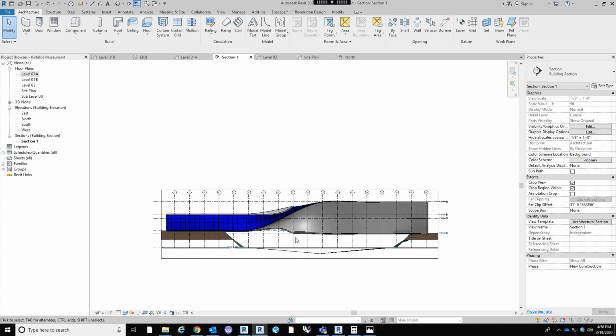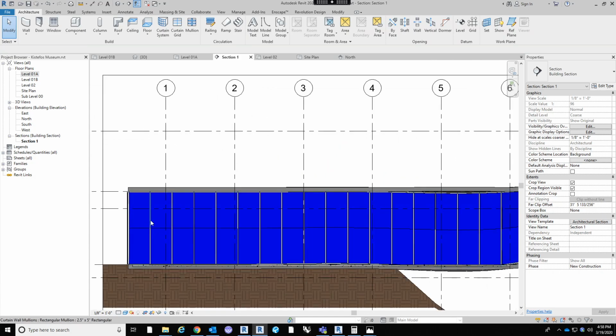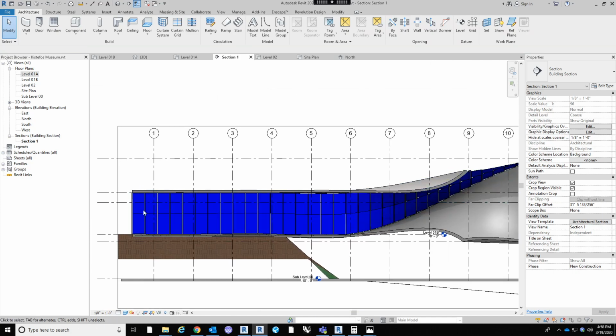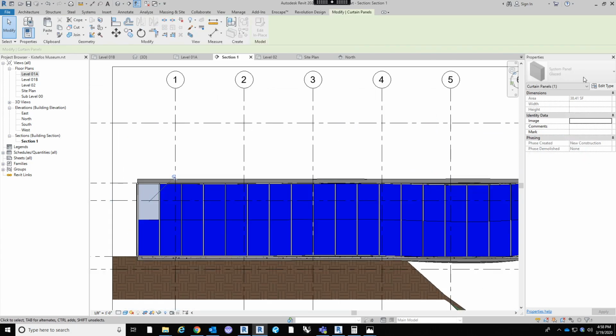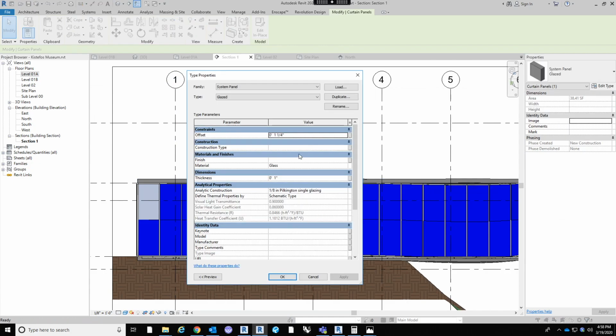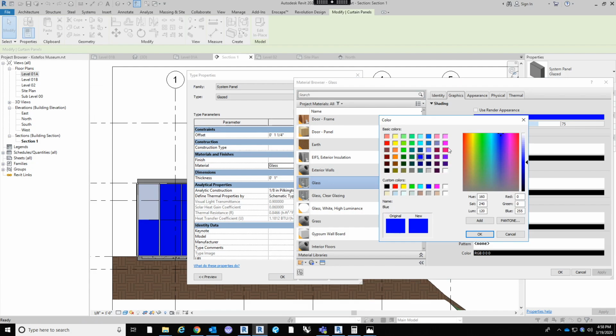Alright. Entering that, we can manipulate the materials. Let's do that real quick. Use the glass so it's not so bright blue. Tab through and grab that system panel, unpin it real quick so we can manipulate it. Go in to the material, which is glass, and turn this to a nice shade of blue,